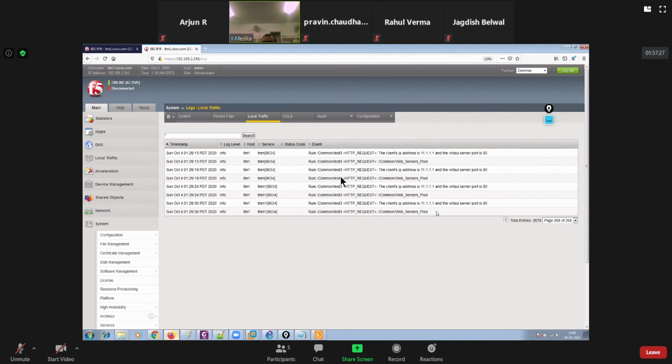All right, so you can also see the HTTP request, right? It received the HTTP request and it selected this web server pool. You can see that. Is that clear, sir?